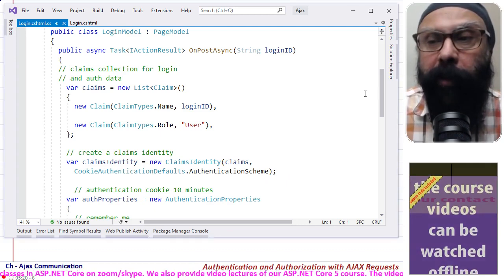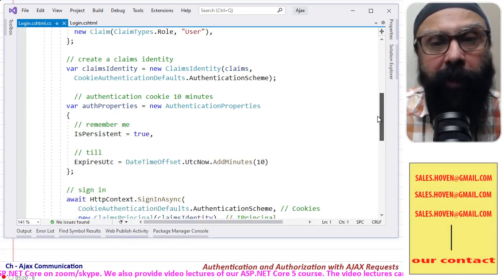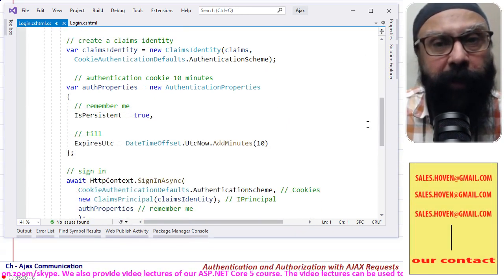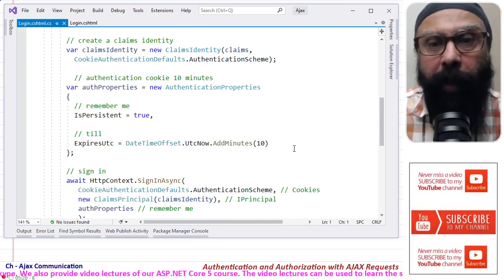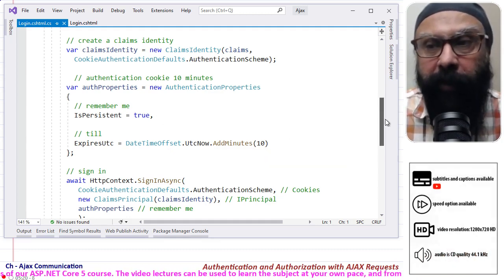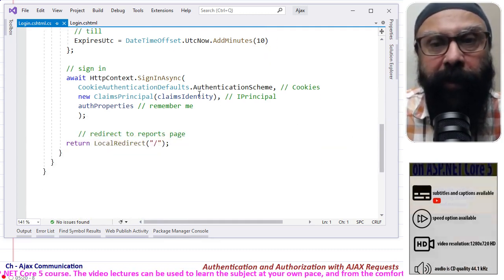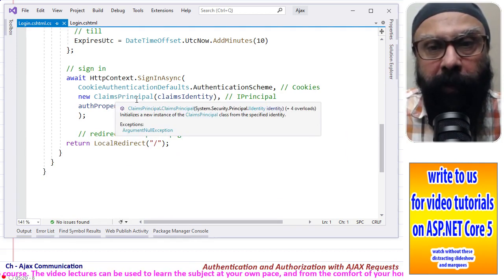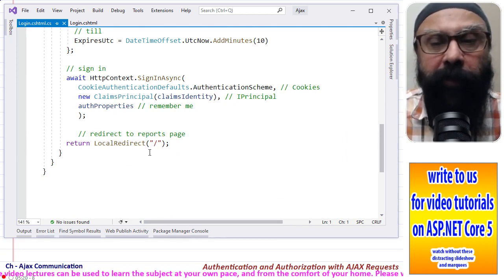This whole story actually we have already discussed in our authentication tutorials in the start of this course. So I'll just run you through. Then authentication properties are set, IsPersistent true, expiry after 10 minutes, and SignInAsync takes place, the claims principal, authentication properties, and then you are